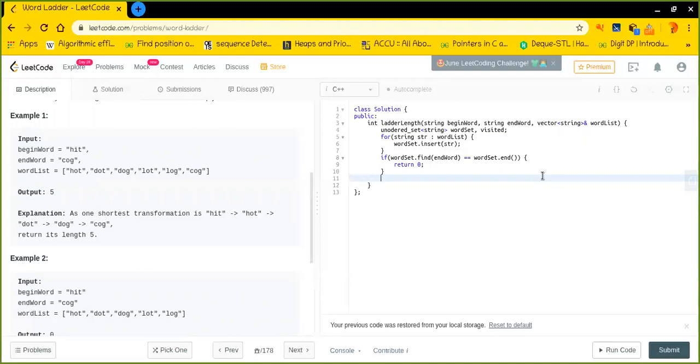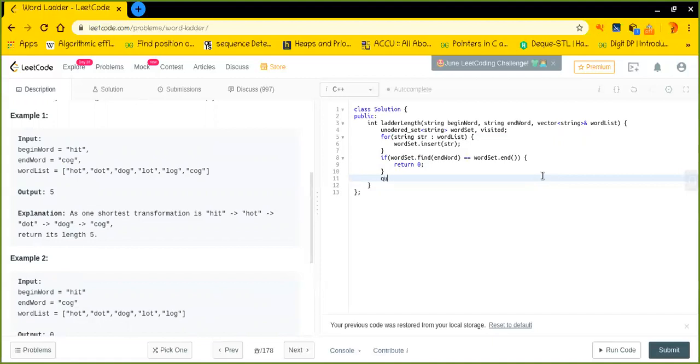The question is basically saying to find the minimum amount of conversion or transformation needed to convert it. So in my point of view, we should use the BFS algorithm, or breadth first search. It will give us the minimum number of steps needed to reach the destination.